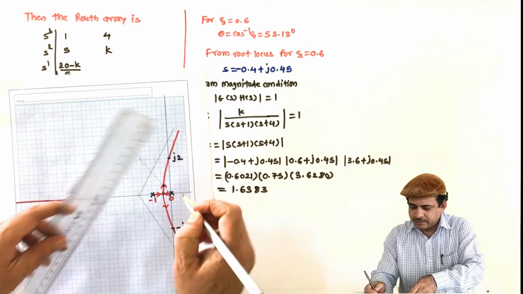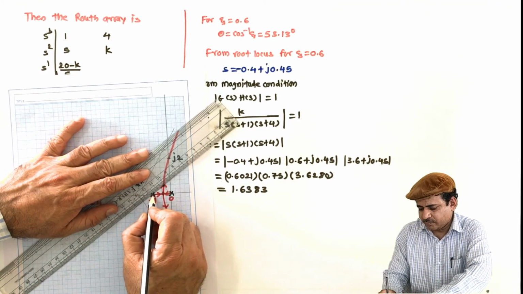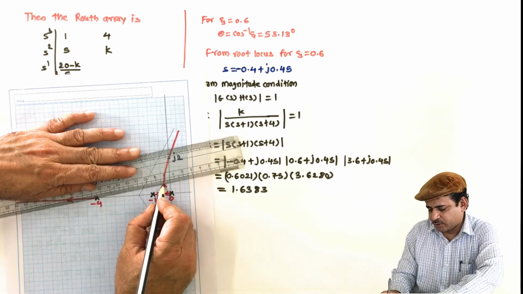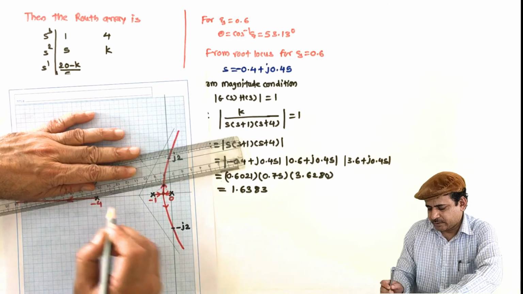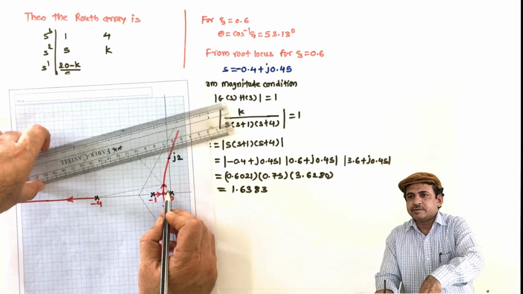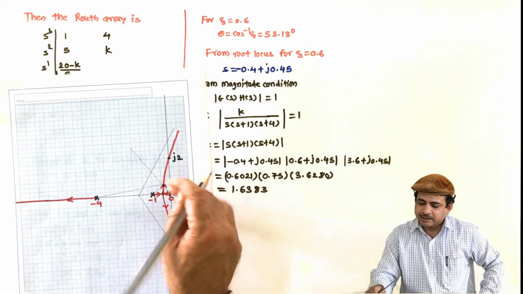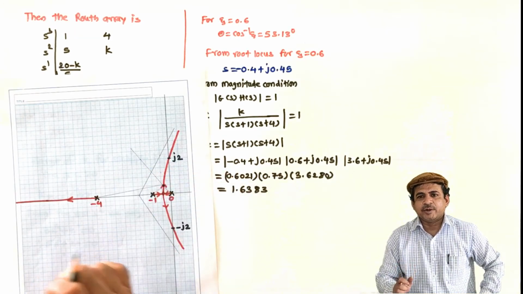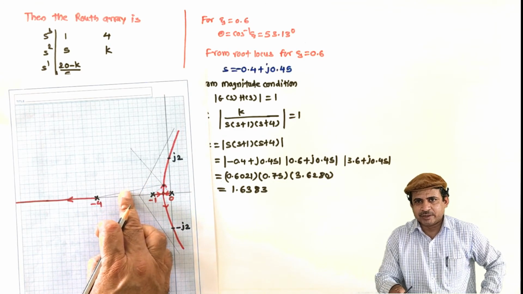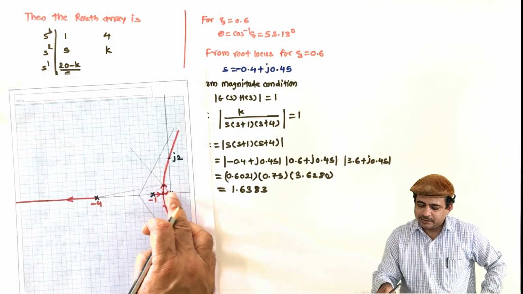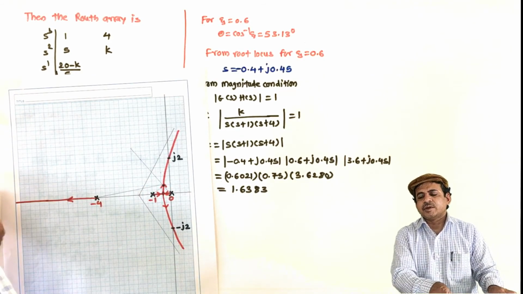This can also be obtained from the graph. What we have to do is join the first pole, then join the second pole with this point and the third pole with this point, then measure these lengths and apply the appropriate scale. Here we have taken the scale as 1 centimeter equal to 0.5. So measure the lengths, divide by 5 for 0.5 for everything. So the total length of 1, 2, 3 divided by 8 will be approximately this.